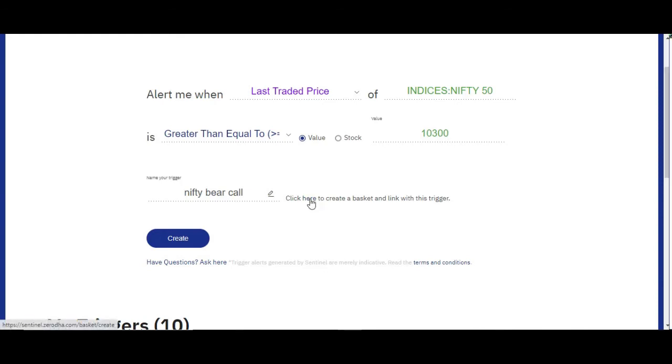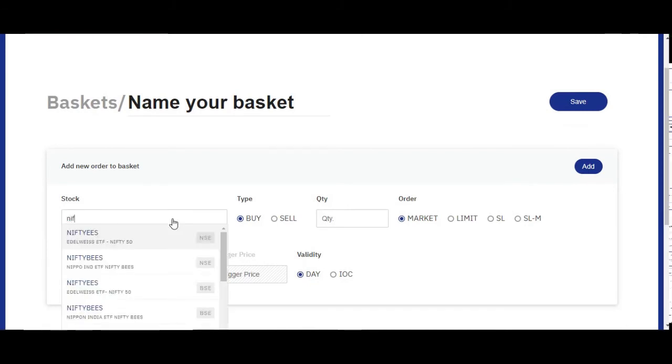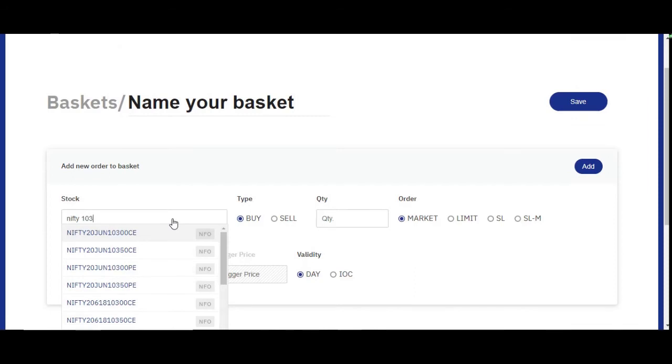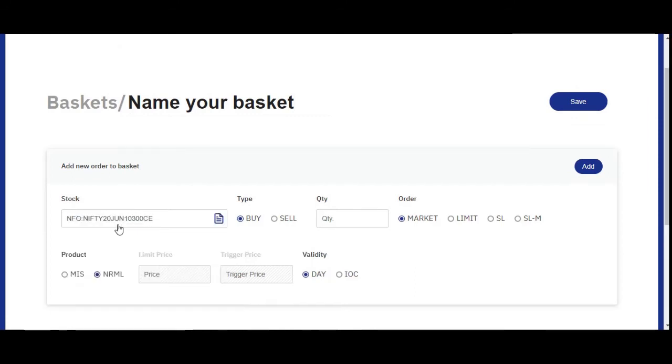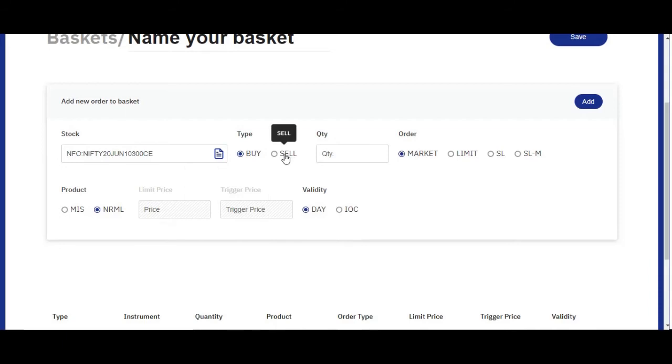Okay, so after that I want to create an option strategy whenever the price reaches there. I'm going to create a bear call spread, as I mentioned. So here you can see I'll be adding the 10,300 call option. Here is the LTP and all those things, and I want to sell this 10,300 for one lot.